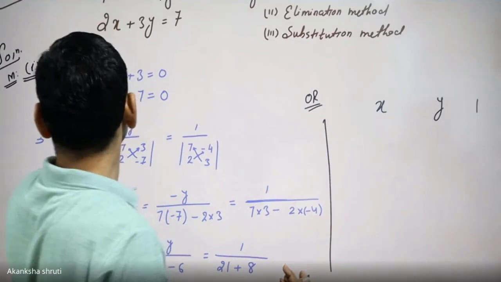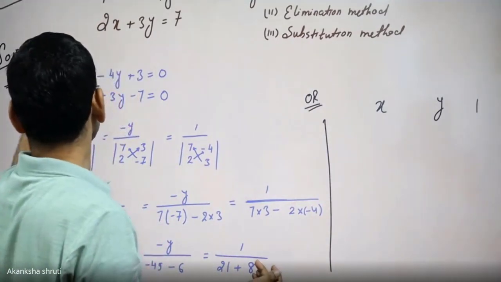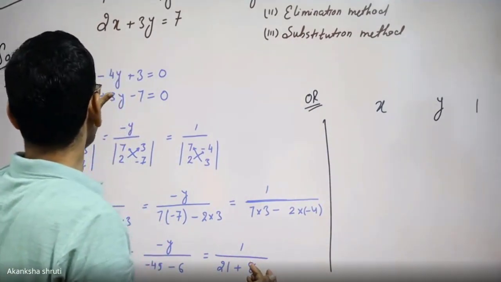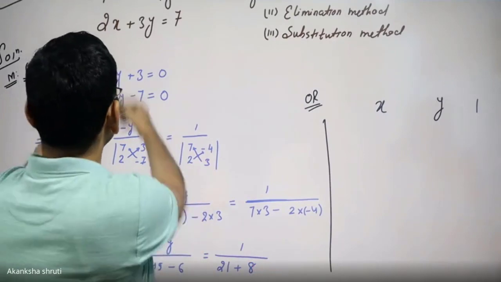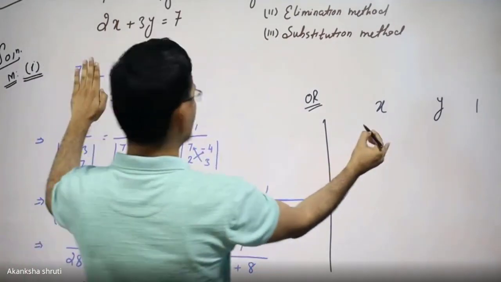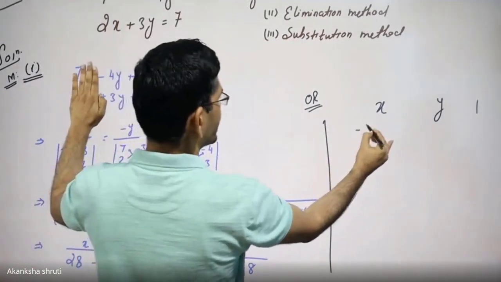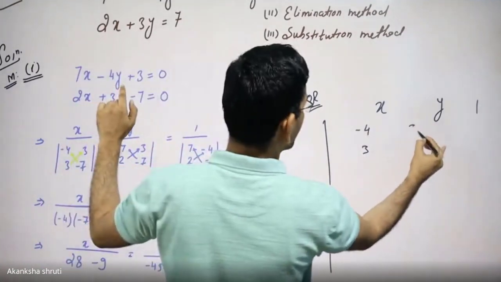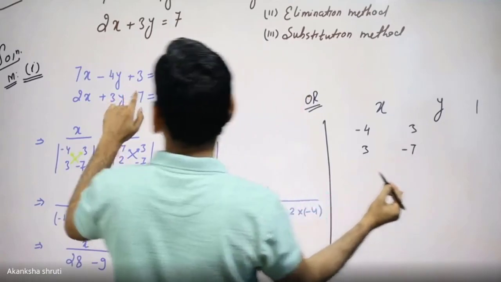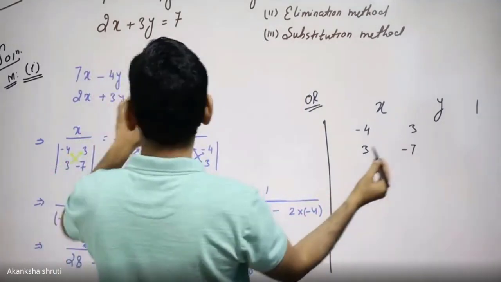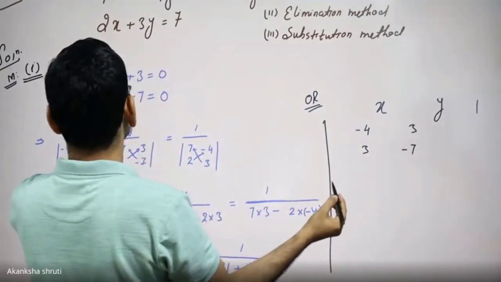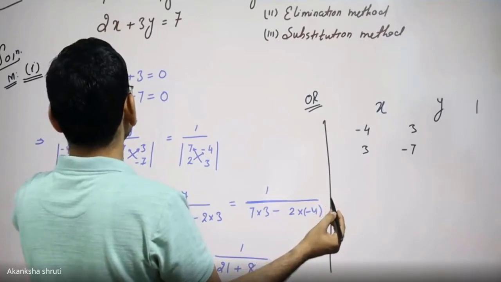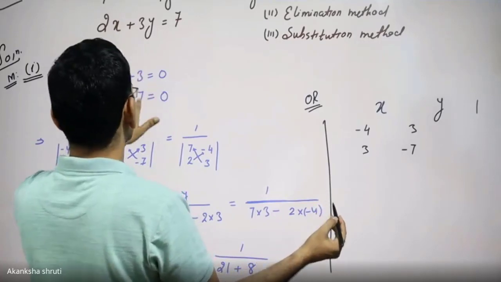See what is written in our book or taught in our school. So for this x, hide this x, write the coefficient of 1. So below this, write this. It is -4, 3. This is our 3 minus 7. Then 3 minus 7 is now over. Student, we have written second column, third column.